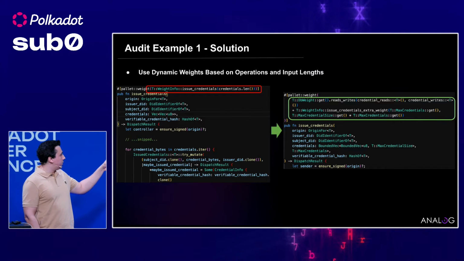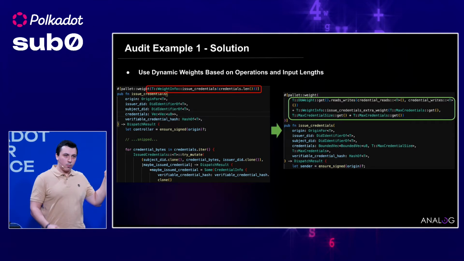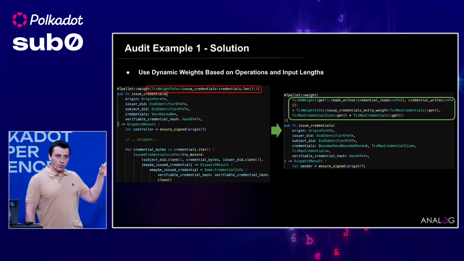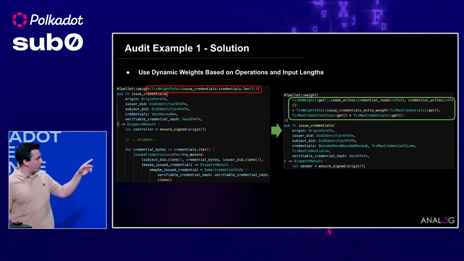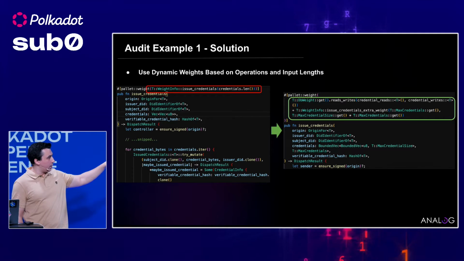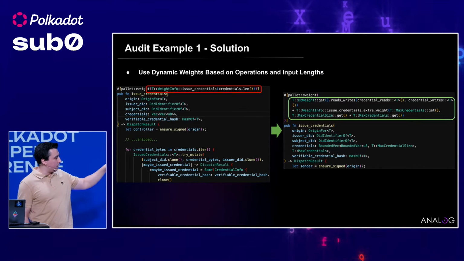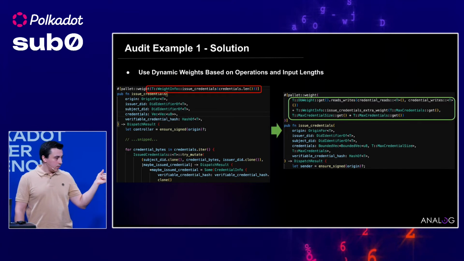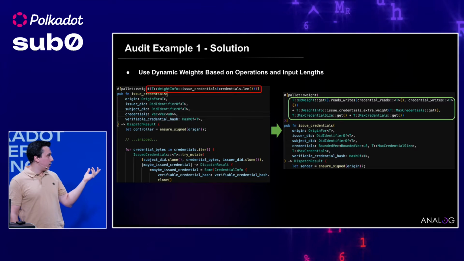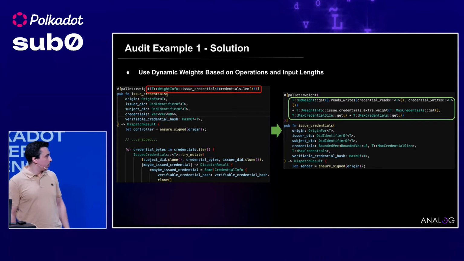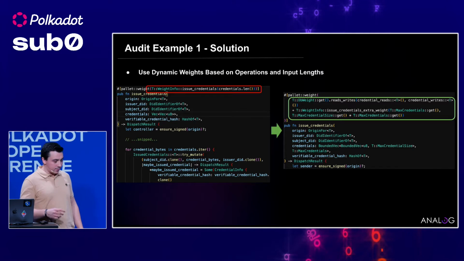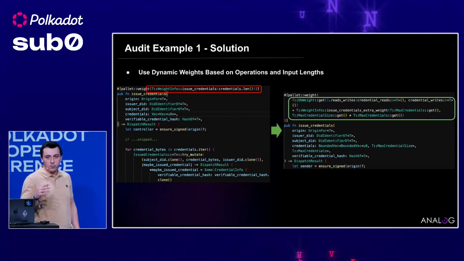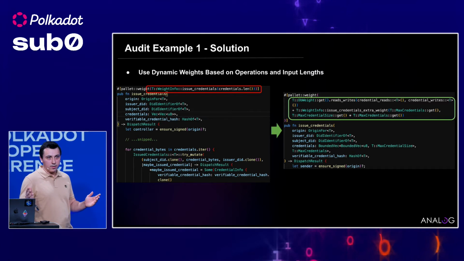As you can see, it takes a credential vector of vector bytes. And the weight calculation at first look seems fine because it's dynamic. However, there's a problem. It only checks the outer vector of the credentials, but there are two vectors inside. It doesn't check the inner byte vectors. So an attacker can simply send a one-length credentials vector which has a really long byte array inside,